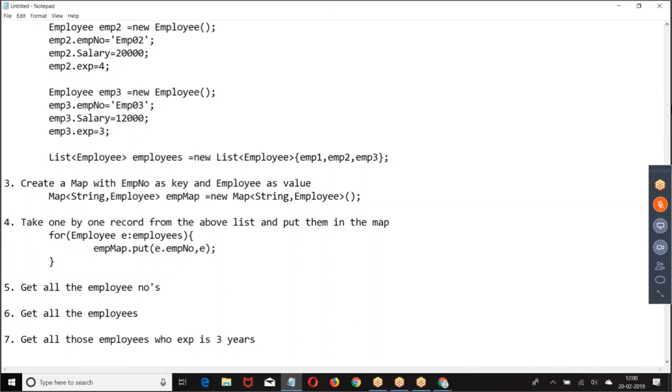Employee number is the key, employee is the value. Take one by one record from the above list and put them in the map.